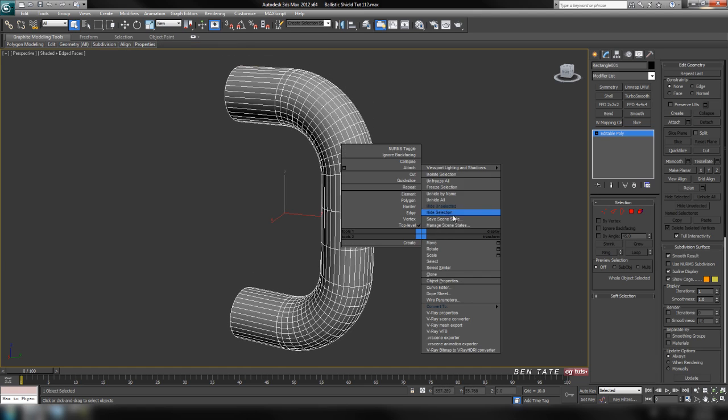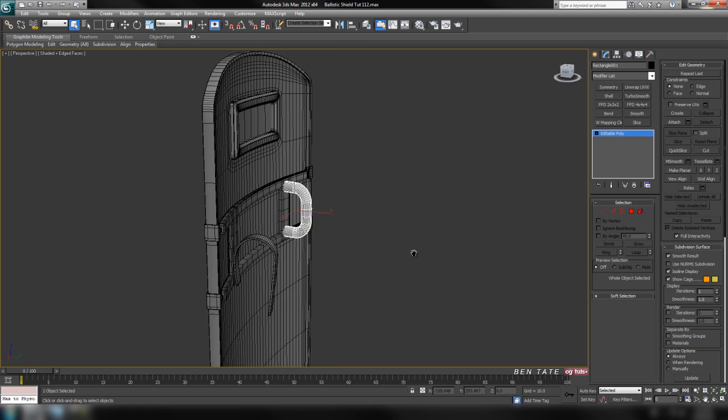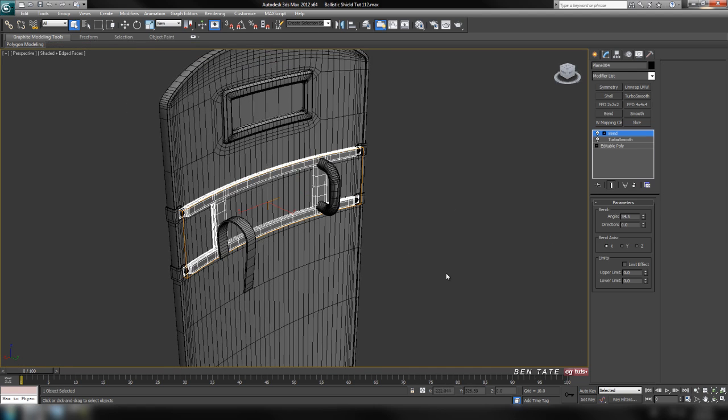Okay, so that's a little bit lower res. We'll unhide all one more time. And let's start working on the bars. Okay, so grab those,